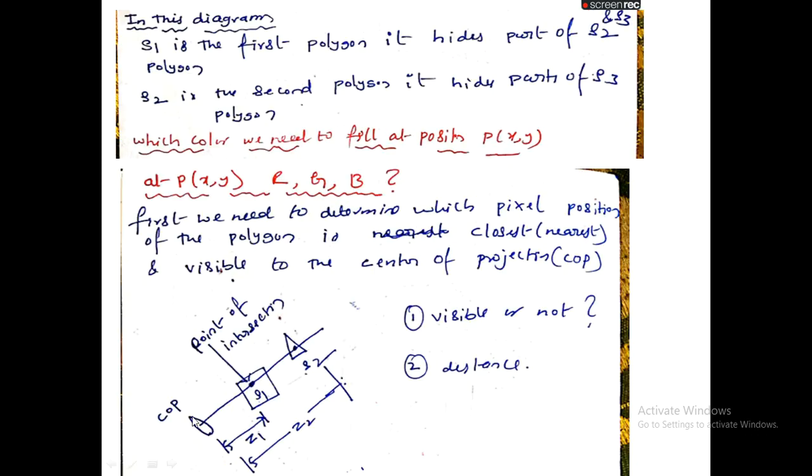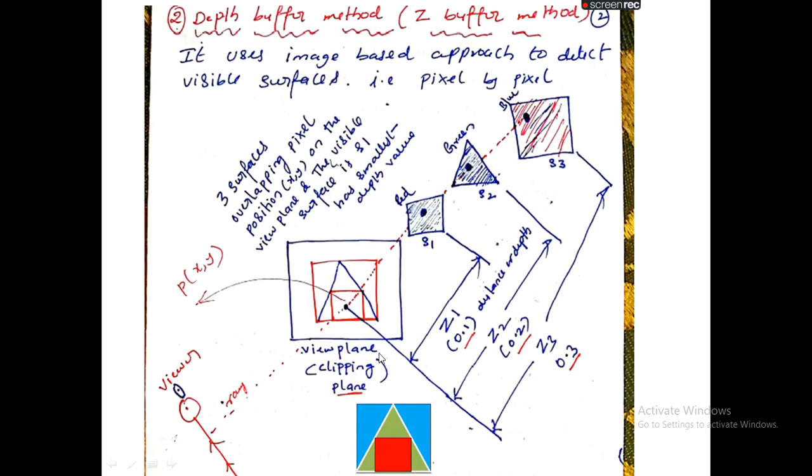We stored the depth of the first square, which is the surface 1 information. Depth is 0.1 in the depth buffer, and we also stored the red color information in the frame buffer for this particular surface